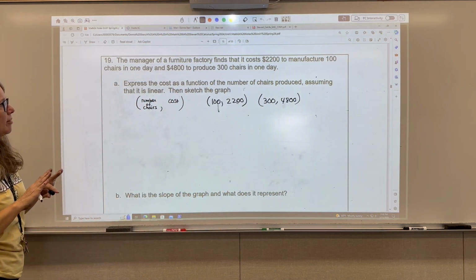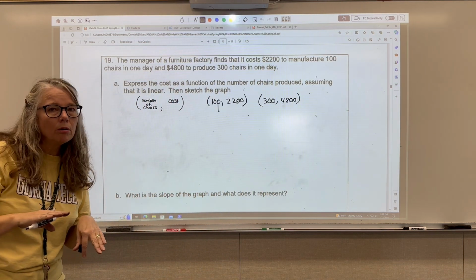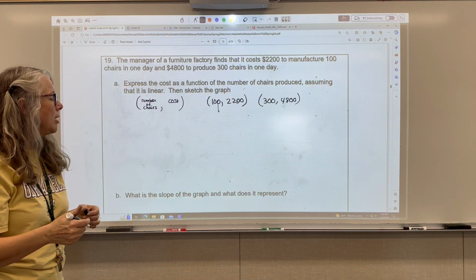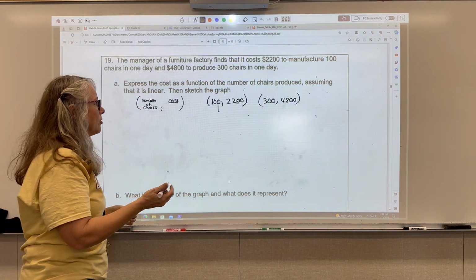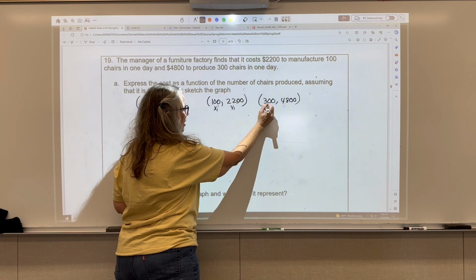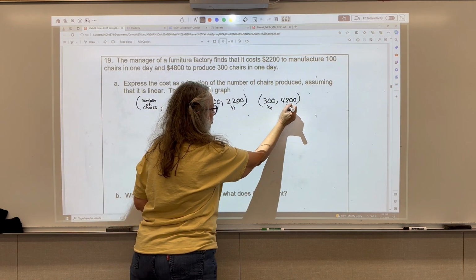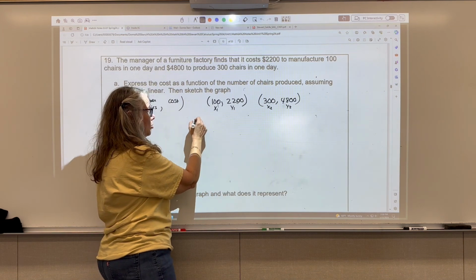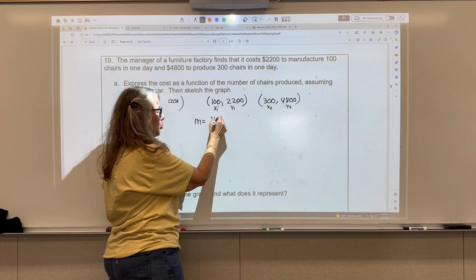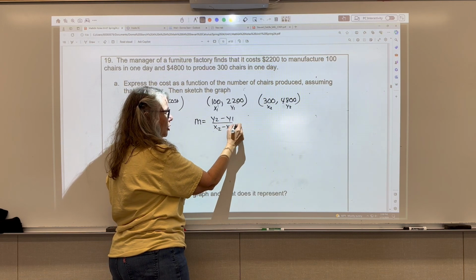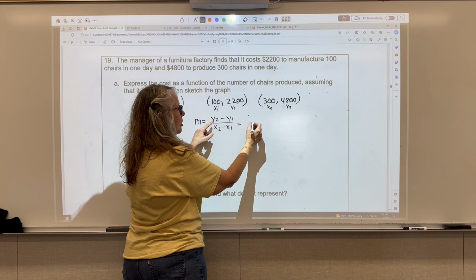So they said that it was linear. So if it's linear, if we know the slope, then we're in business and we'll be able to find the equation of it. So that's what I want to do next, is find the slope. And so I have my slope formulas memorized. Maybe you do too. I have them memorized with x1 and y1, x2 and y2. So the slope is y2 take away y1 divided by x2 take away x1, which is